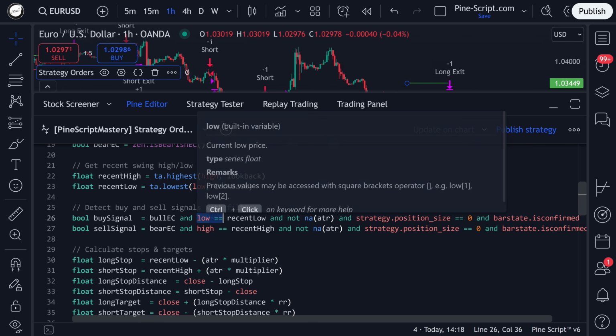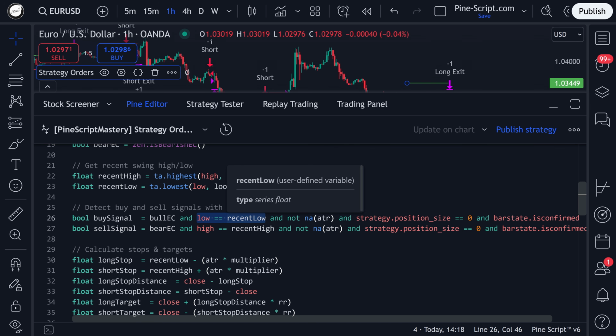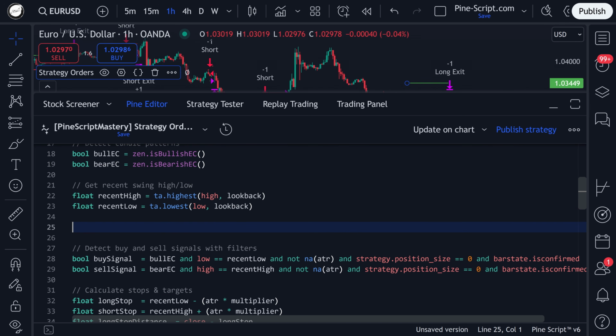We need the current bar's low to be the lowest low over the past 7 bars. So the current bar's low must equal this value. And let me make one extra change to this. I'll create a